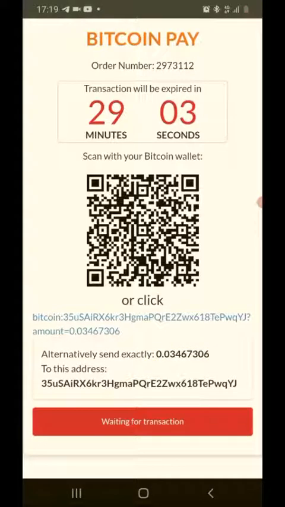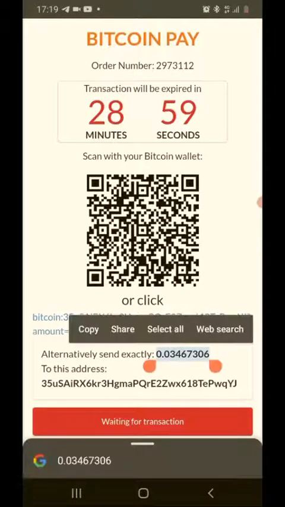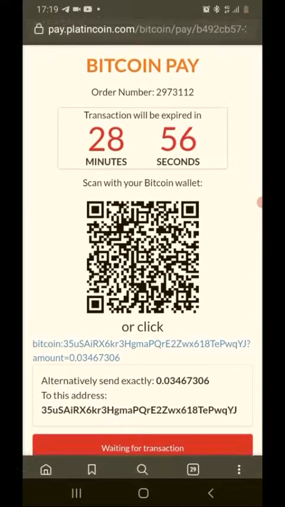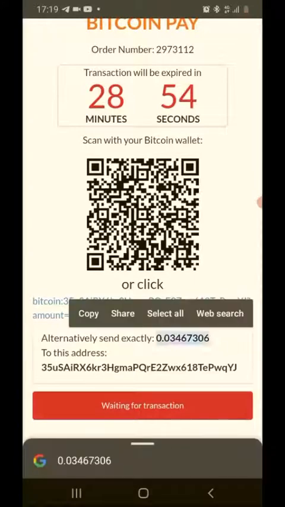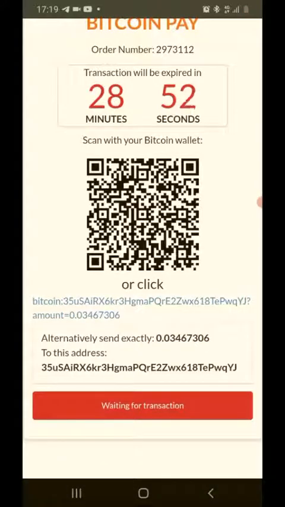So for example, let's say I didn't have this Bitcoin yet, but I wanted to know how much I need to buy in Bitcoins. I could come through this process, see the amount, and then go and buy this amount of Bitcoins. And then it may take me 1 hour, 30 minutes, doesn't matter. When I come back,